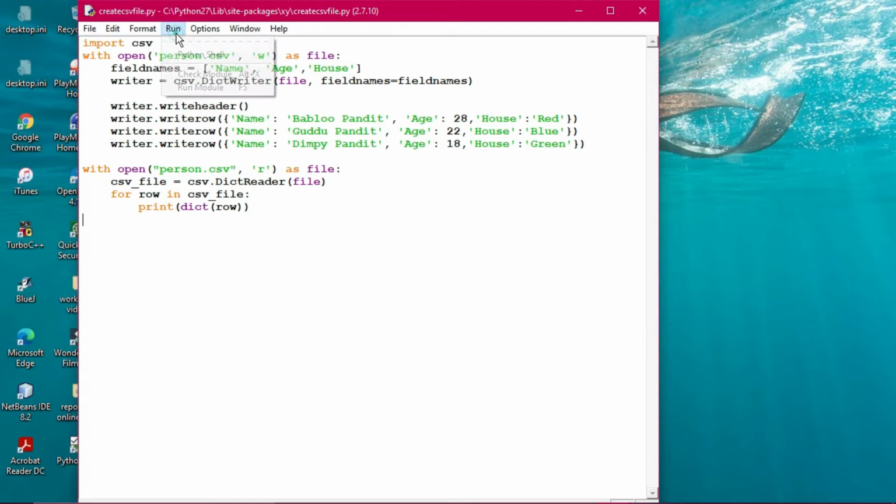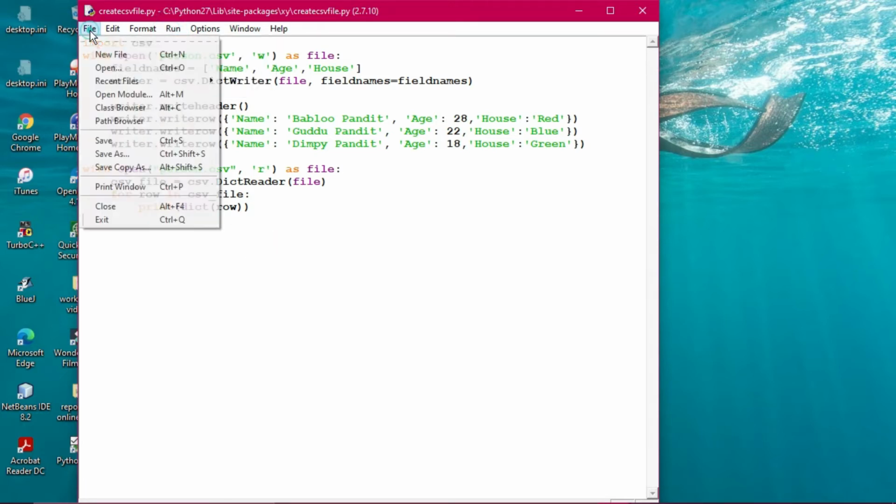Fine. Now I'm doing the execution. I have not gone inside Excel and created the file beforehand, believe me. I am creating it now. But before executing, I want to show you the working directory of this particular Python. I am using Python 27. What is its executing working directory? Because the file will be created there only.